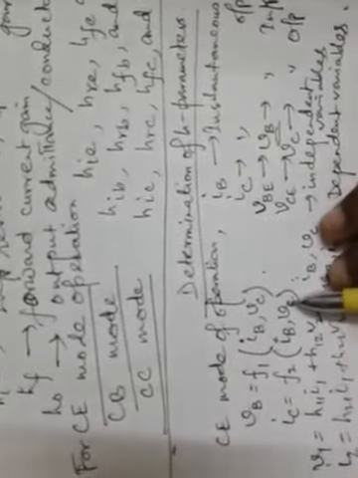Similarly, if we compare the second function with the second equation, the same thing will happen. IC is expressed as a function F2. Now the question is why IC? Because IC is the output current, and in this equation I2 is equal to this. That means I2 has been expressed as this. Now what is I2? It is the output current. In the general equation I2 is the output current, and IC is the output current in common emitter mode of operation. That's why IC is expressed as a function of these same two independent variables.